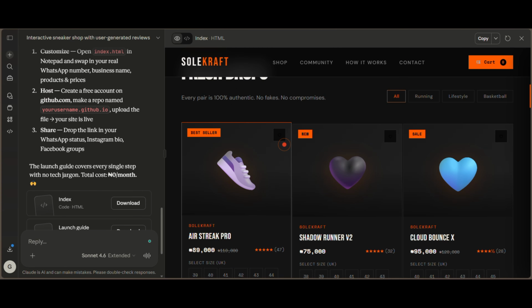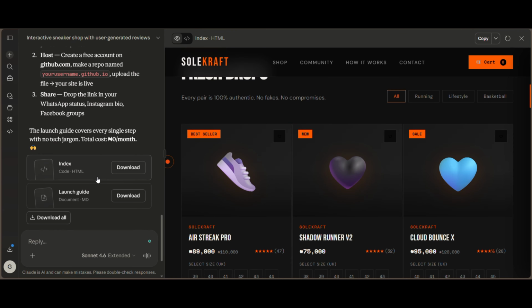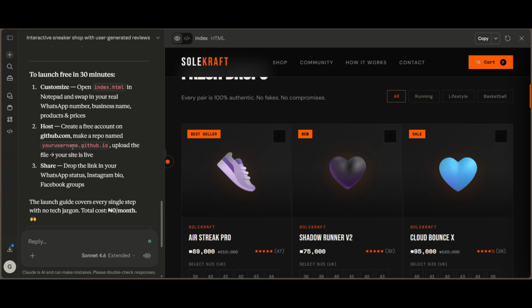So you can also just share your own idea for your website and prompt it, and ChatGPT and the Claude AI would build whatever you want for you. So let us go to the part of launching the website, which I'm going to show you. So first things first, let us